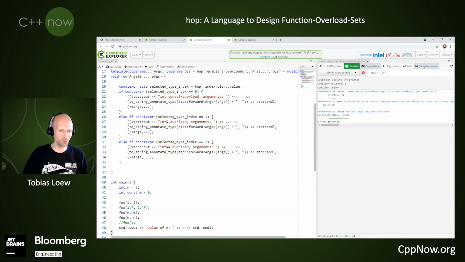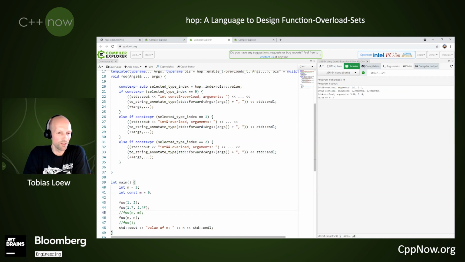And when we look back, the compilation error came from the overload where we call foo with an int and a const int. And we wanted to increase the args for the const int, and that's, of course, nonsense. We have to comment out the increasing of the arg. And then we will see,